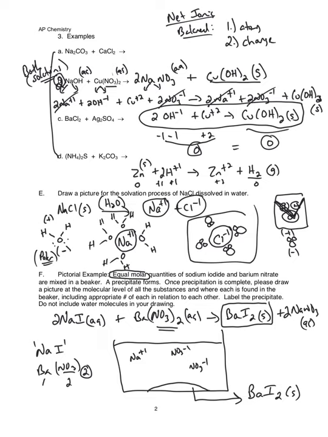Now the barium, sodium, and iodine would be in the same ratio. Okay? They'd be 1 to 1 to 1. Now the chemical reaction tells me that when I mix these ions together, it's going to react in a ratio of 2 sodium iodides to every barium nitrate. So I need twice as many sodium iodides for every barium nitrate in order to be reacted. It's a ratio of 2 to 1. Because they're equimolar, that tells me that because the barium requires twice as many sodium ions, twice as many iodide ions,